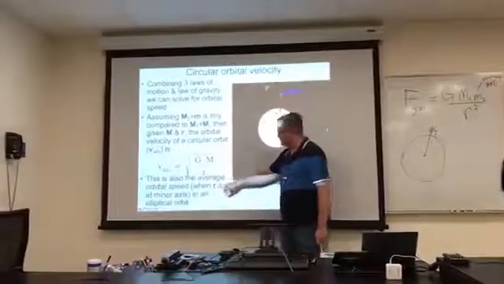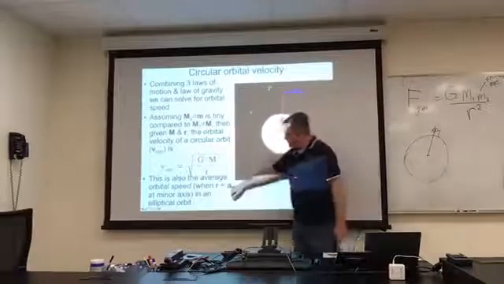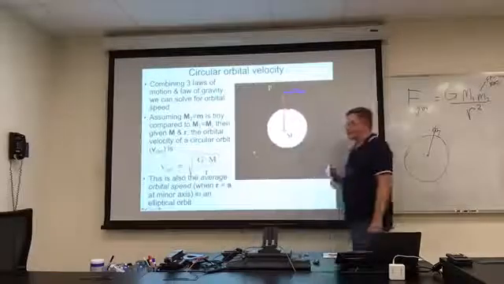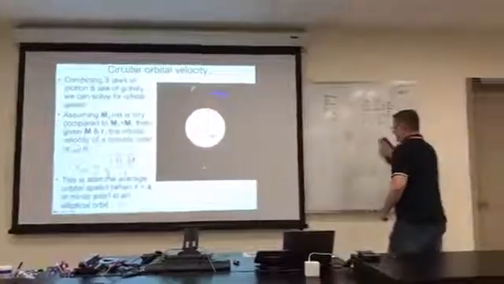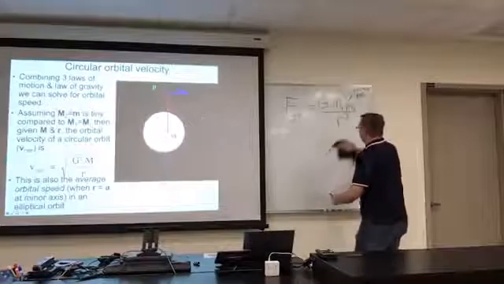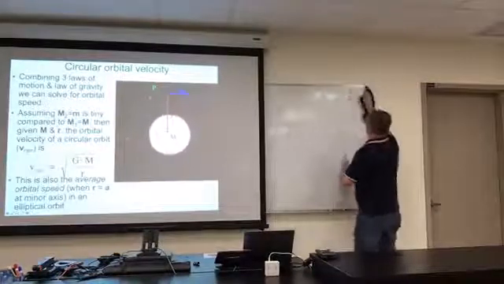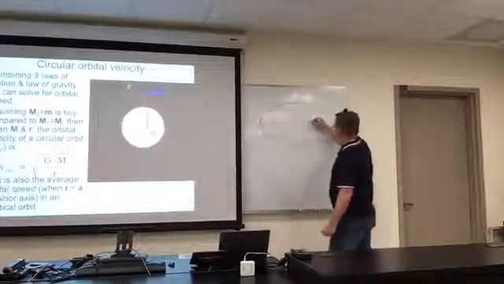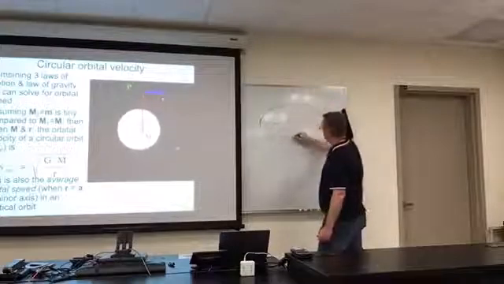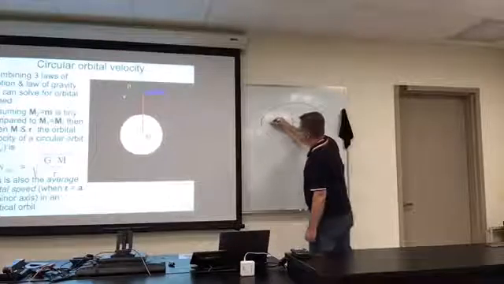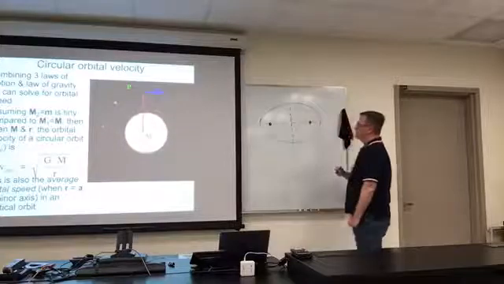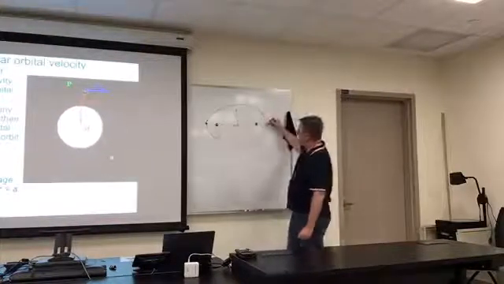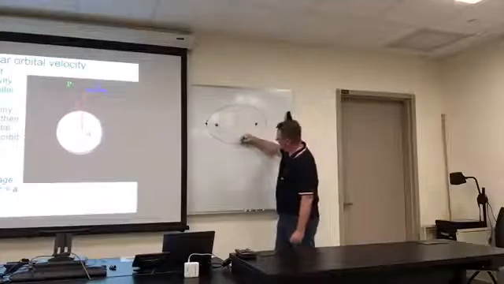So when your radius from the focus point is equal to a, you're located at the end of the minor axis. So if I draw my ellipse, there's my ellipse, there's my major axis, there's my minor axis, there's one focus point, there's the empty focus point. I'm going to be moving fastest when I'm here. I'm going to be moving slowest when I'm here. When I'm here,